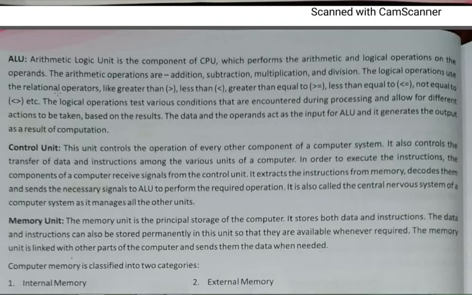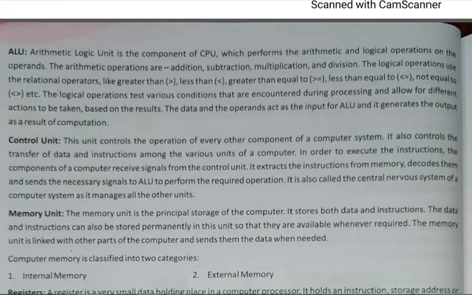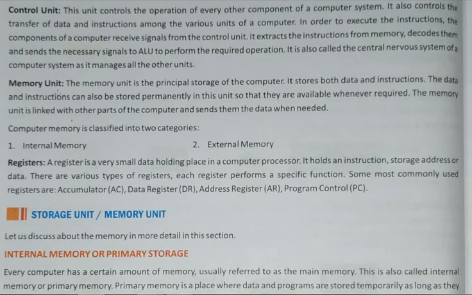Thus, if I want music, it won't give the output at the system, it will give it to the headphones or speakers. Now, the memory unit. Memory is basically where our data and instructions are stored in the computer. It has two types, internal memory and external memory.